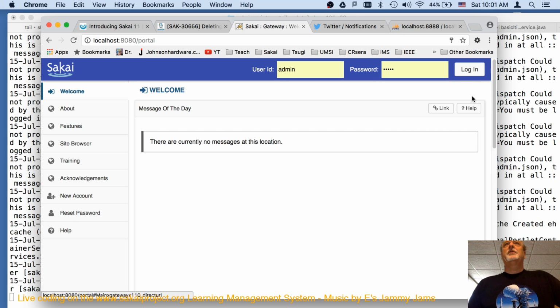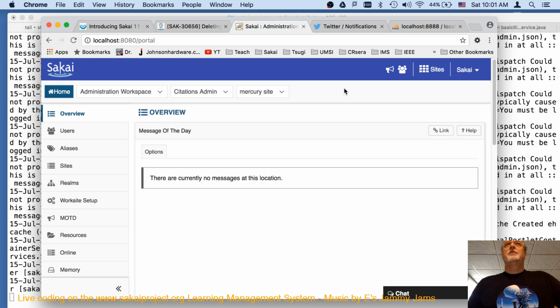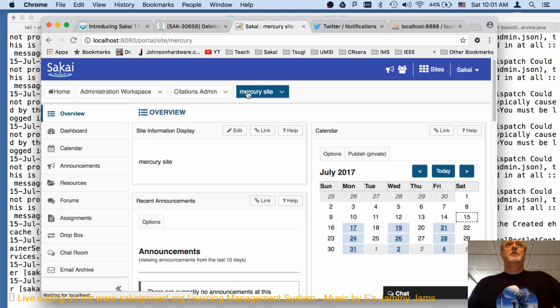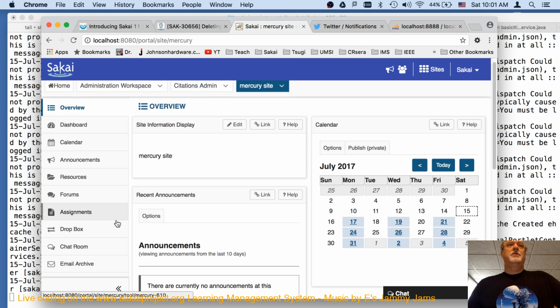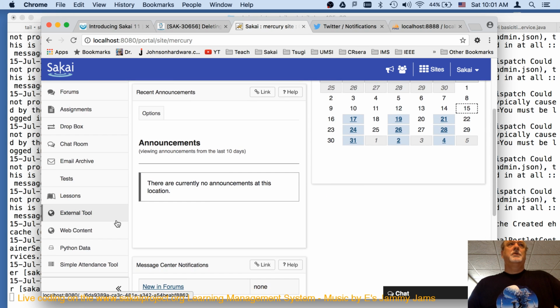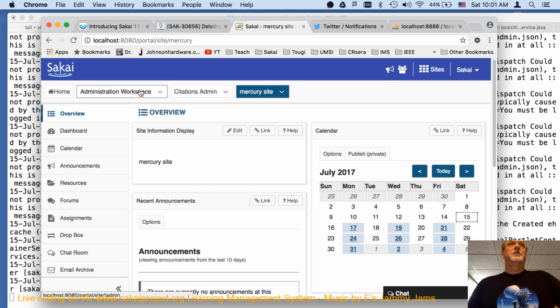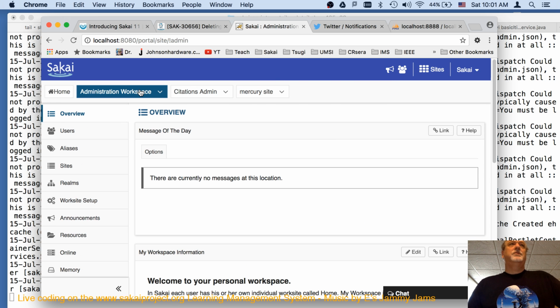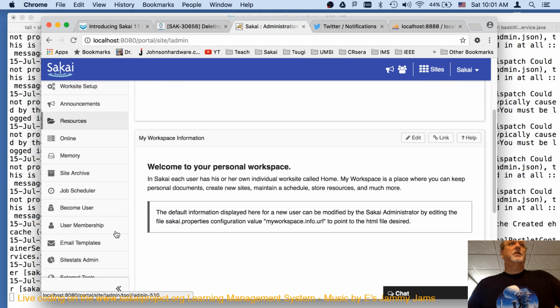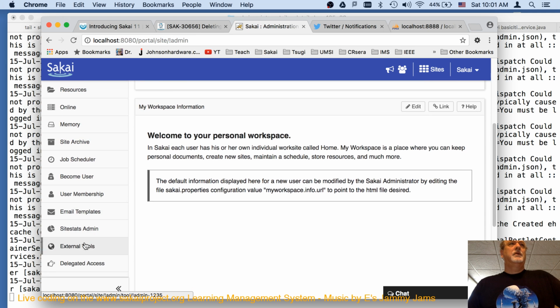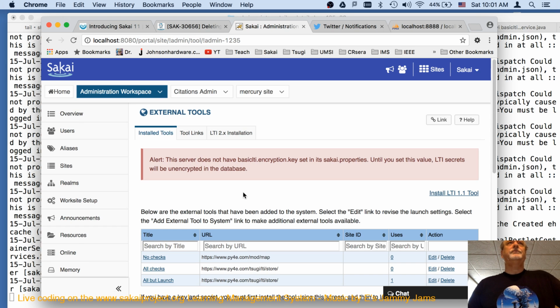Okay, so we're logging back in. Mercury site. Still there, so that's not good. So let's do something else. Let's go in here. External tools. I did make one tiny change. Let's go here in tool links.